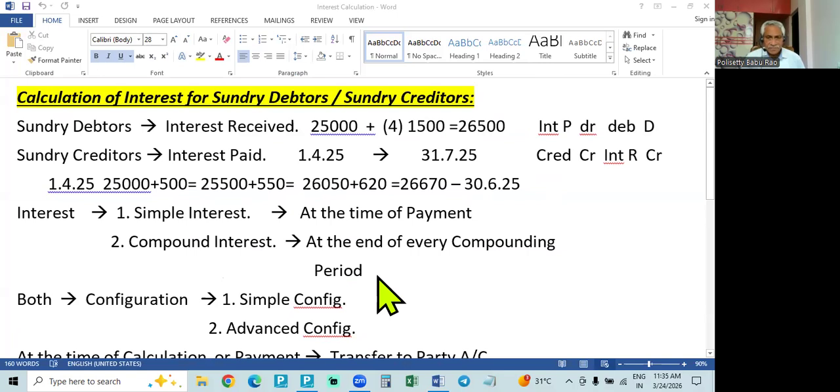Generally, what is interest? Interest is paid by the debtor to the creditor. That is, for purchase and sale of goods, the debtors will pay interest to the creditors. And not only for purchase and sale of goods, but also on loans: loans from banks, loans from other financial institutions, loans from friends or relatives. Or we give the loans, where our business is a finance business. We give loans to the public, or we give loans to our friends or relatives. In all these cases, how the interest is calculated